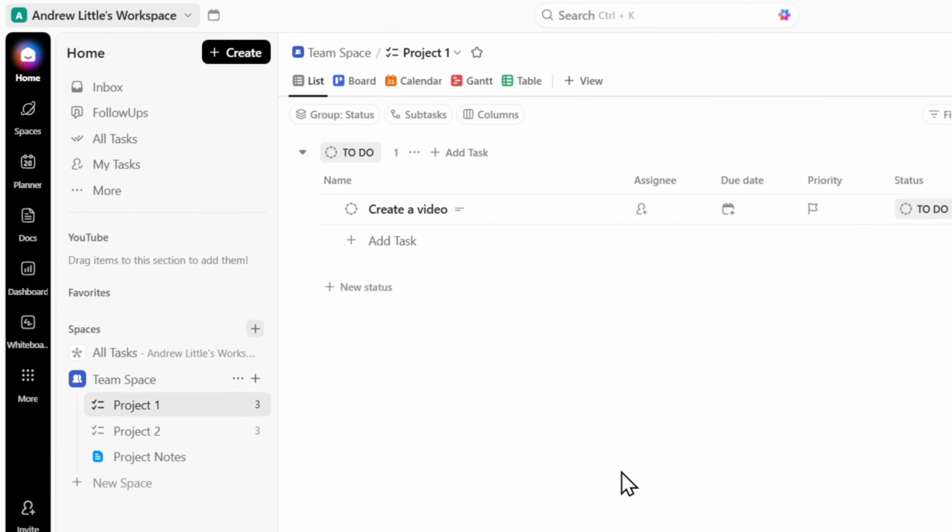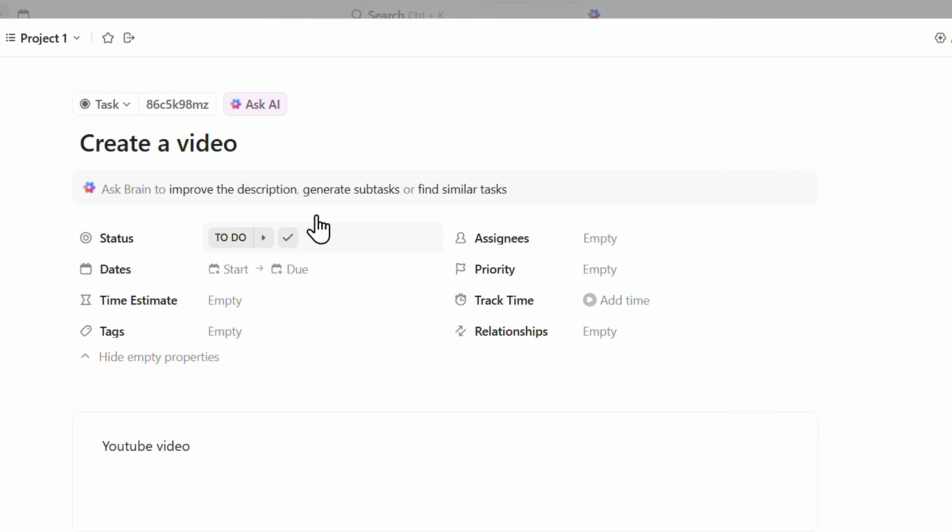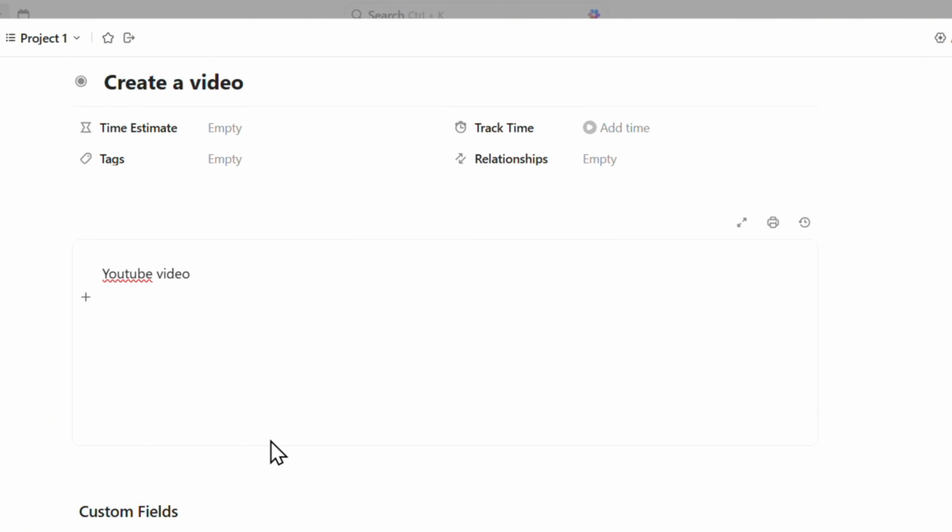And in this video, I'm going to show you how to add a YouTube video to a task on ClickUp. So as you can see right here, I have one task here. It says create a video. I'm going to open up that task and the description of this video really basically is to create a YouTube video, right? So all I have to do really is simply scroll down a bit and under this, let's say description